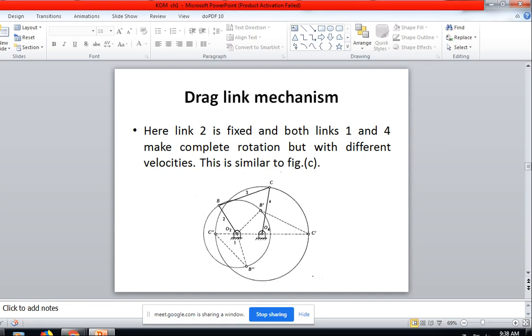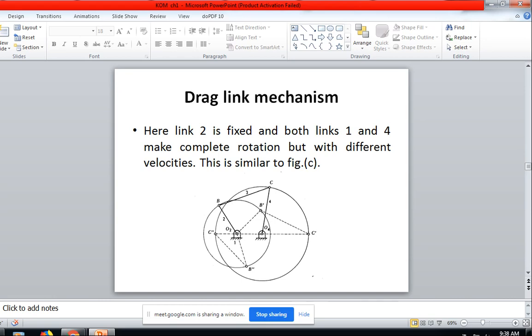Here the distance between the O2 and O4 becomes small, and this one is made fixed. Just link 2, I have given the names for the initial position only, that is 1 2 3 4, what I have taken here. But in this case, don't confuse that this 2 is fixed here. The figure is just for the consideration of what I have shown. This figure will not match with this link numbering.